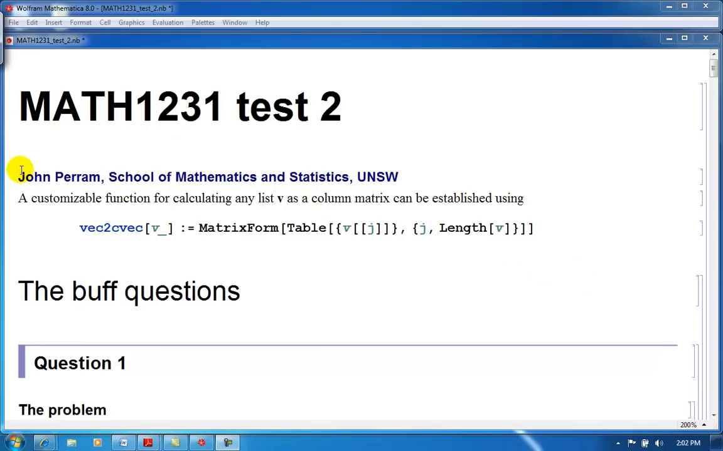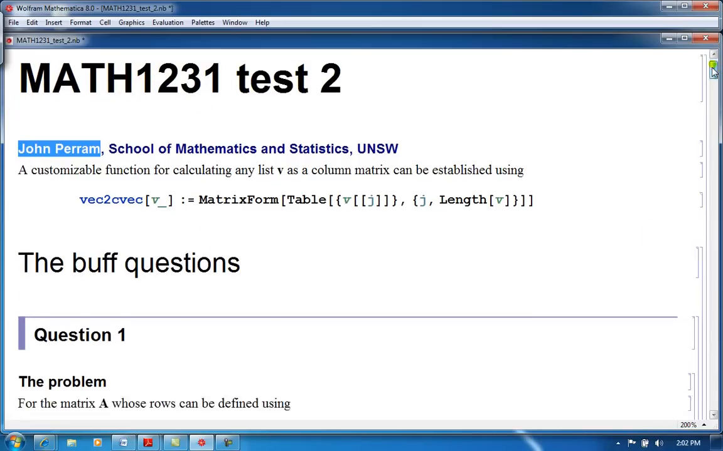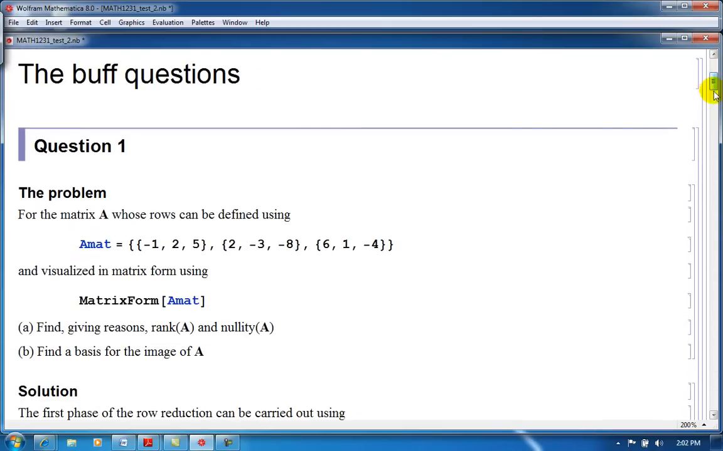Hello, this is John Perham here, and I'm going to present the solutions of last week's test problems for the course MATH1231. There were two problem sets, so we'll do each one of them. The first set is going to be the buff or brown questions, and so we'll start with the first